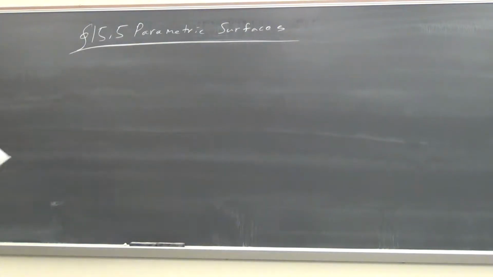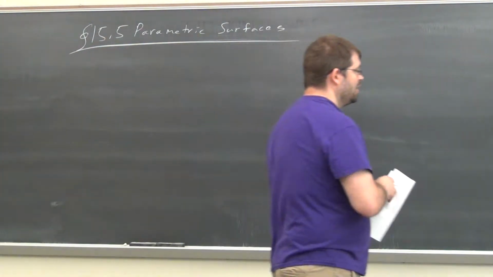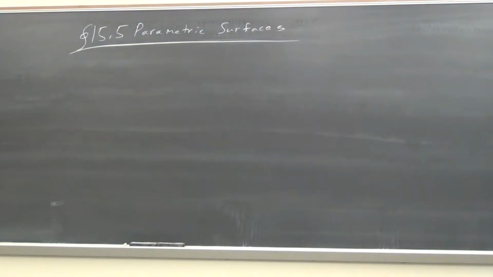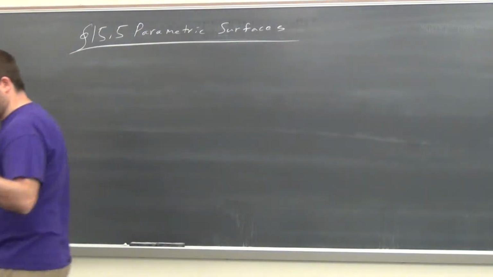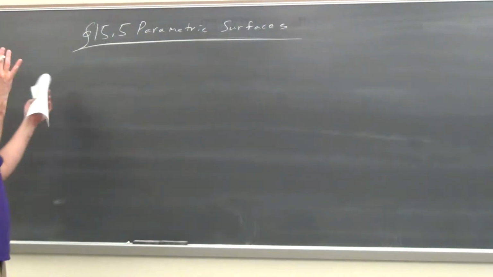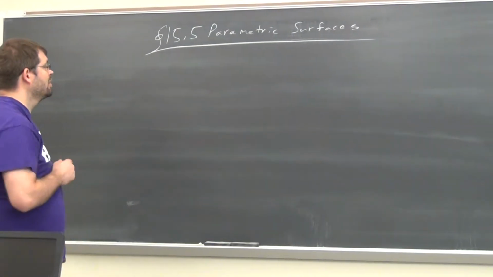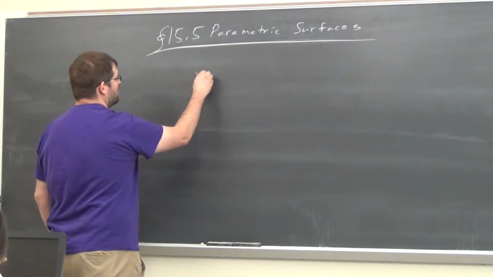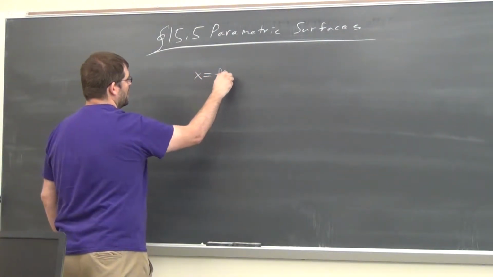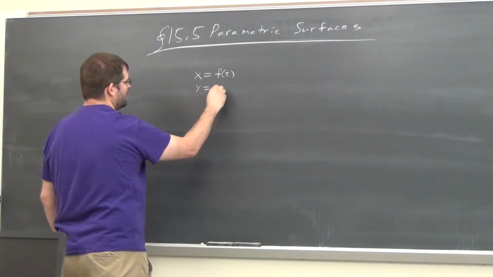So 15.5, we're going to study parametric surfaces here. This is just, take the idea of a parametric line and just bump it up to the next dimension. So when you think about a parametric equation of a line, let's just assume we're in the plane,